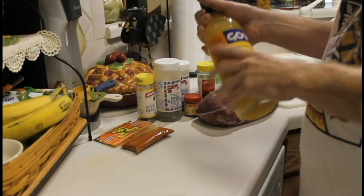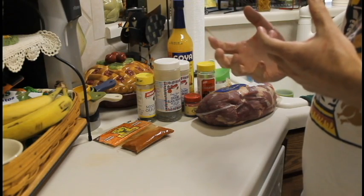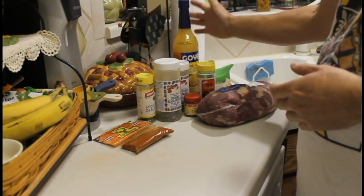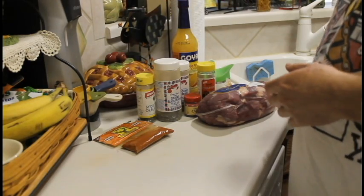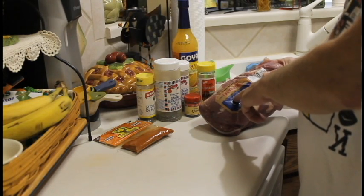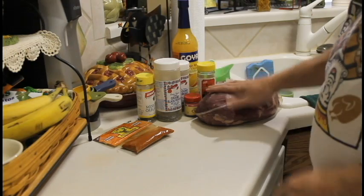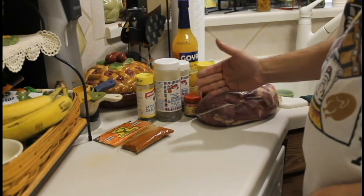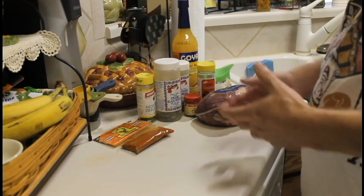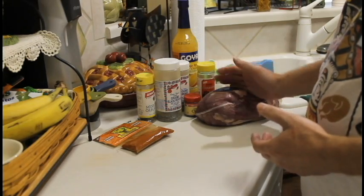If you can't get your hands on this, you can also use a combination of orange juice and lime juice, but I want to try to keep this as traditional as possible and go with the bitter orange. So let me get this pork. This is boneless pork shoulder that's made for carnitas. So they've done a lot of work for me, so I'm just going to cut this into manageable chunks. It's already cut up fairly well, but I want to cut it into smaller, like 1.5 inch chunks,